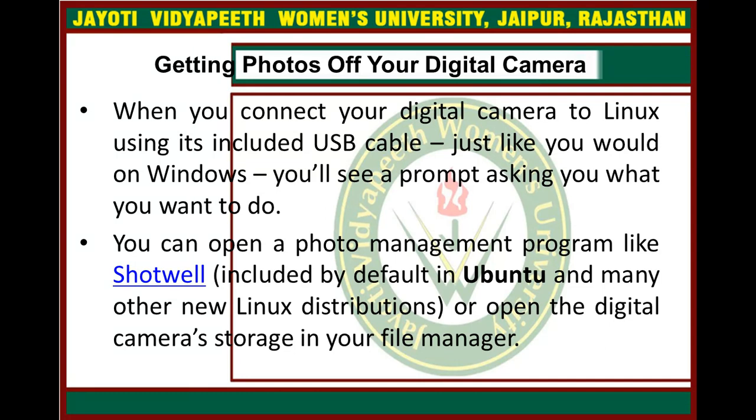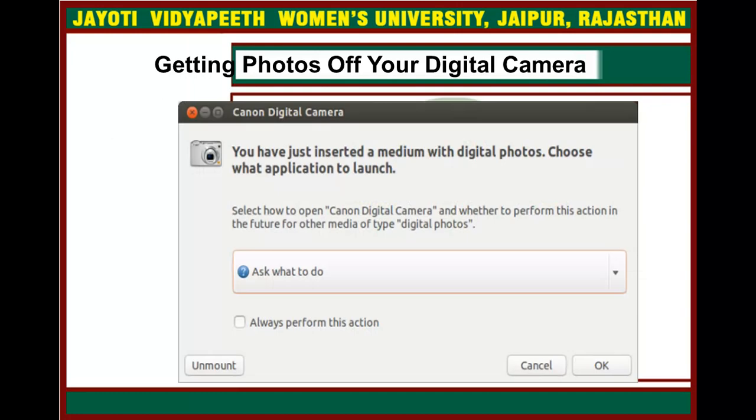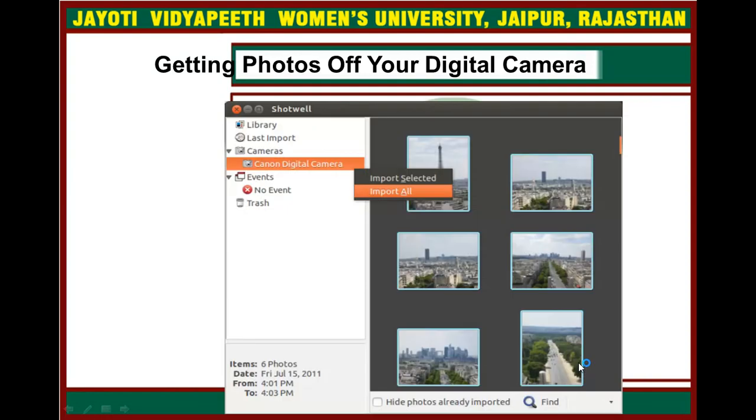Now we come to this screen, getting photos off your digital camera. The screen looks like this. First it asks you about the import medium, so just click on this and then press OK. So this is getting photos off the digital camera. These are the images which you have to select.